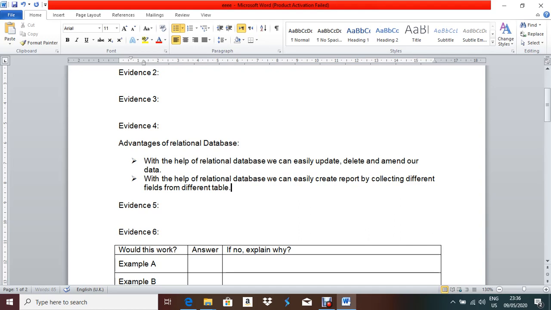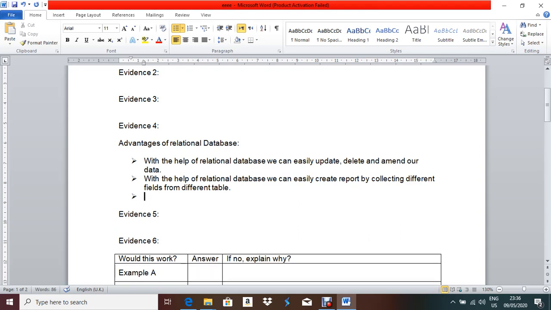Okay, for making a report, if you need different fields from different tables, you can do that from the relational database, but in a flat file you cannot do that, right? So that thing I explained here. With the help of relational database, we can easily create report by collecting different fields from different table.